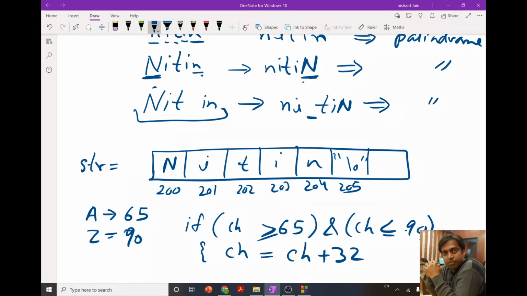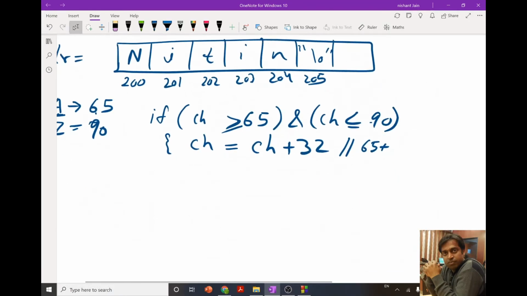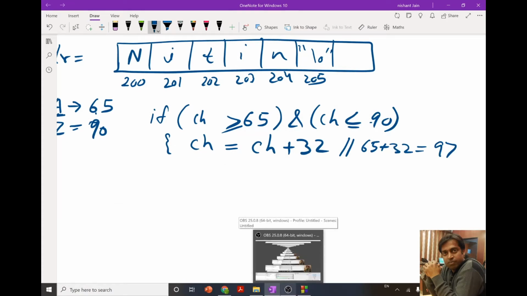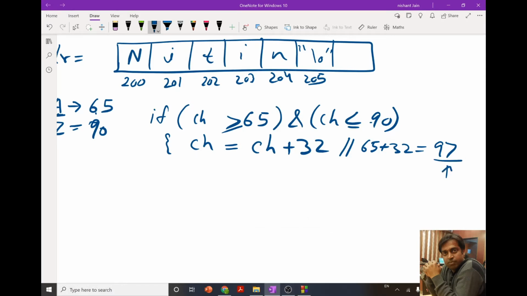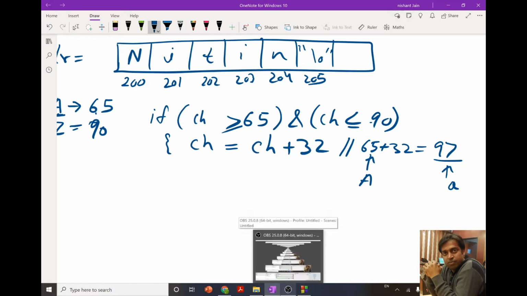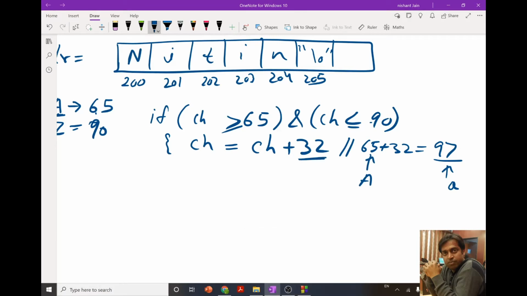What we achieve with this: suppose we have capital A, then if I add 32 to 65, I get 65 plus 32 equals 97, and 97 is the ASCII code of small a, while 65 is for capital A. So just by adding 32 to the ASCII code of the capital character, I get the ASCII code of the small character.